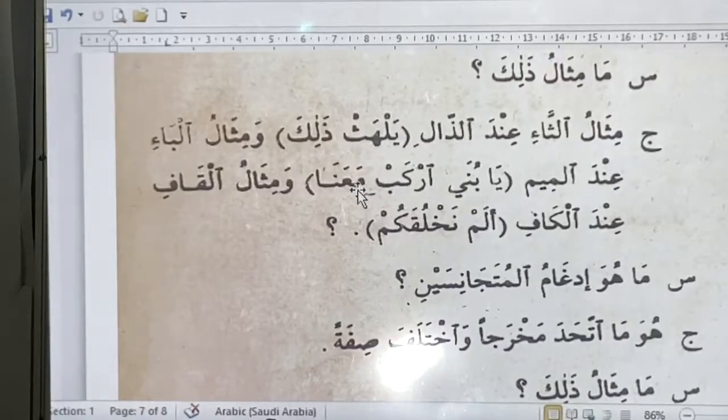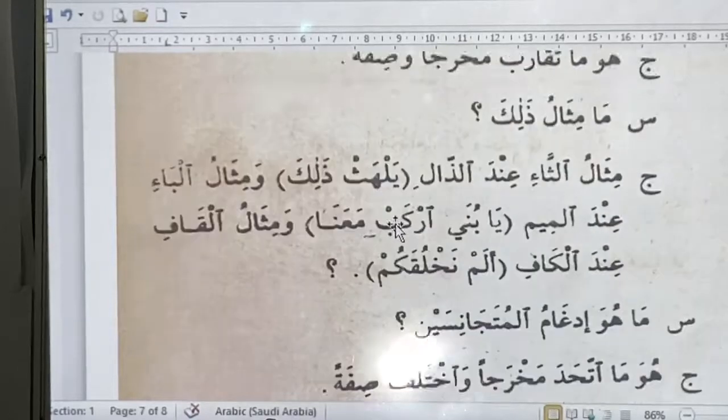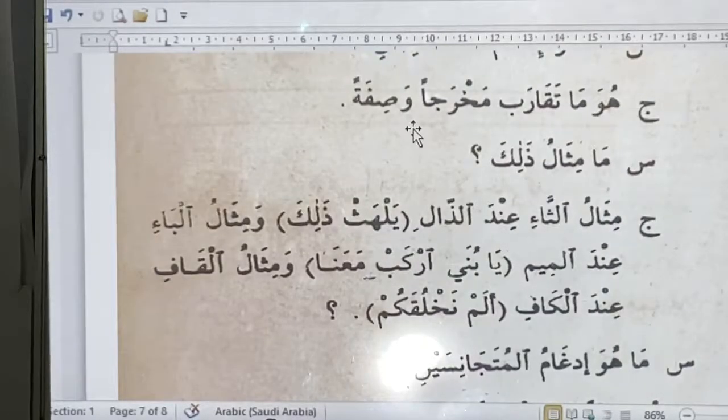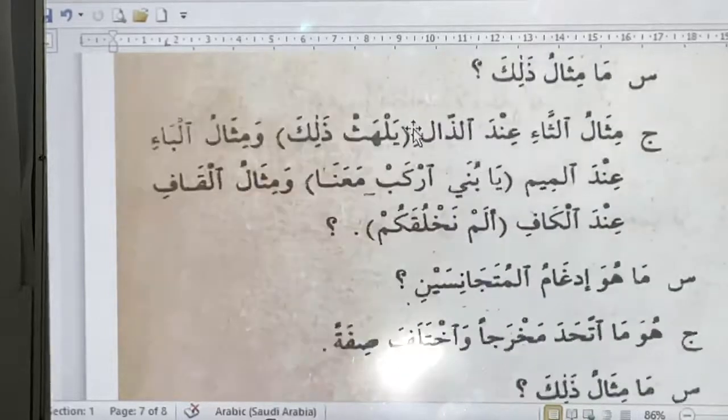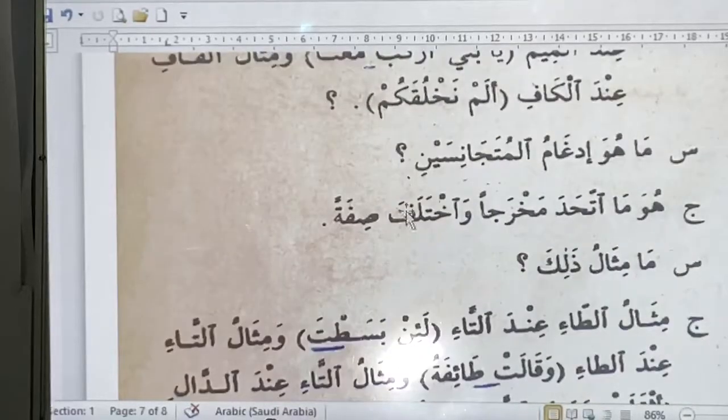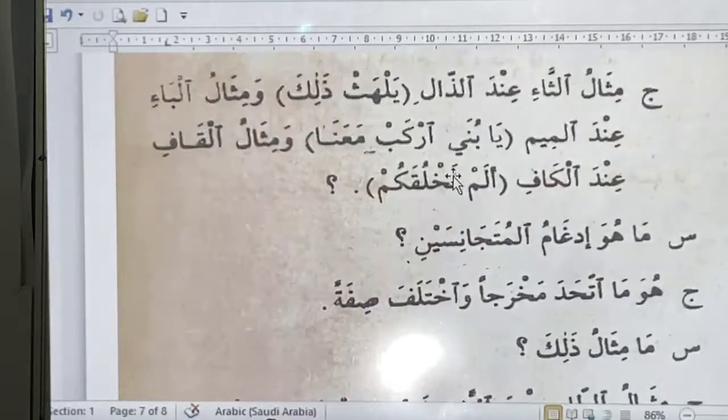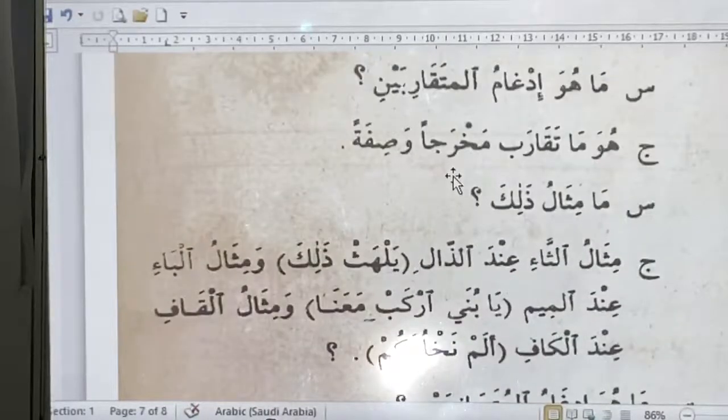like ba and mim, even when you're reading them, you feel like they're coming from the same area, you just read them like idghaman mutaqaribain, and you put them together with idghaman mutajanisain. So the names should not worry you as long as you understand the concept. Al-muhim, you understand the concept.